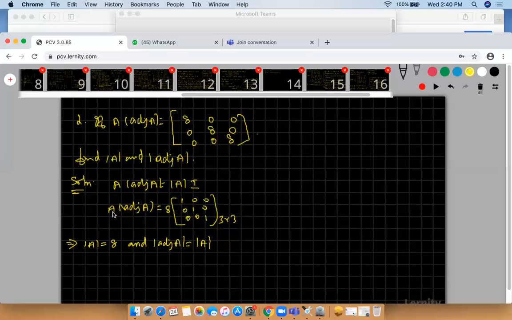My A is 3 cross 3. Why 3 cross 3? My identity is 3 cross 3. If identity is 3 cross 3, that means in this matrix equation, left hand side 3 cross 3 matrix, right hand side 2 cross 2 matrix is not possible. So all the matrices are of the same order. So this A is a 3 cross 3 matrix, your adjoint of A is also 3 cross 3. If A is 3 cross 3, here it is 3 minus 1 power 2, the n minus 1 formula. What is determinant of A? It is 8, 8 square. What is the answer? It is 64. Okay, so this is the answer.